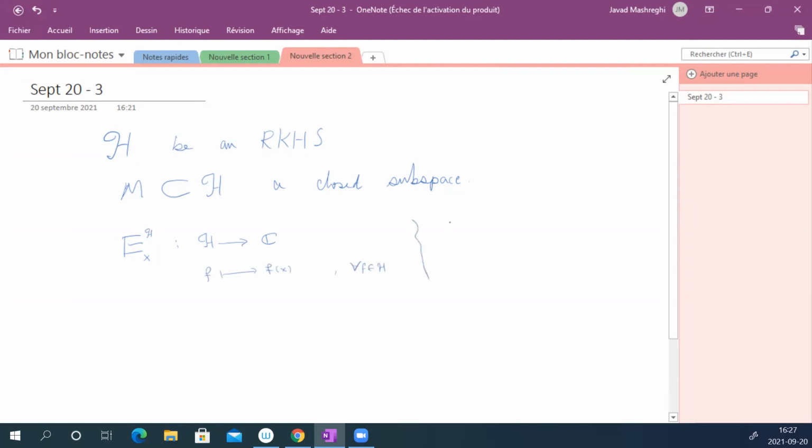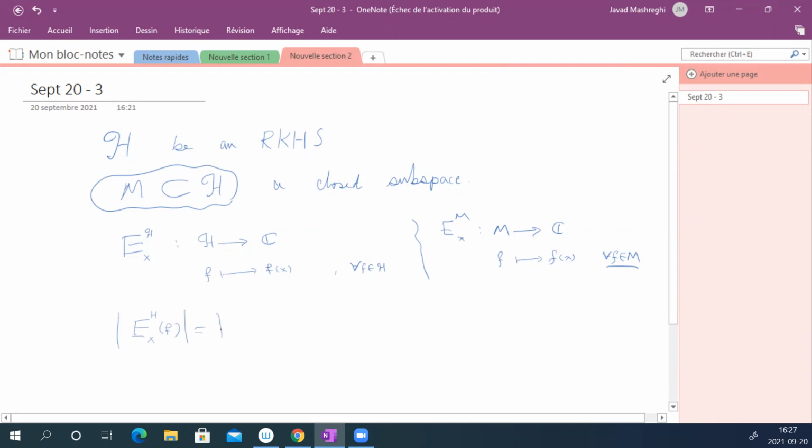By the same token, we can have E_x from M to C. And in this case, even though the formula is the same, it is for every f in M. But when f is in M, now use the fact that M is in H. So if with respect to the bigger space H our evaluation is continuous, this means that we can write |f(x)| is less than or equal to a constant, we know what the constant is, but call it C, times the norm of f in H for any f in H. In particular,